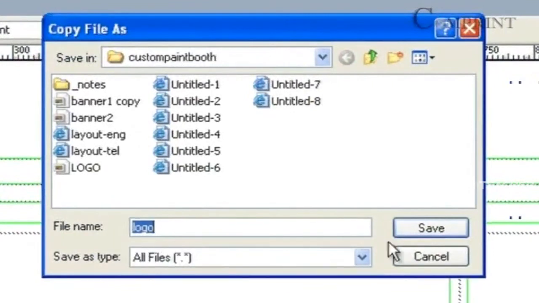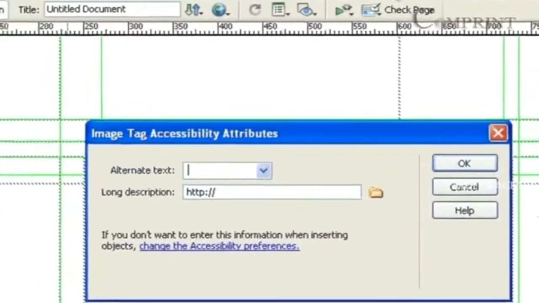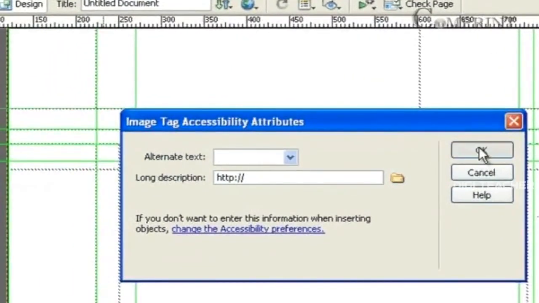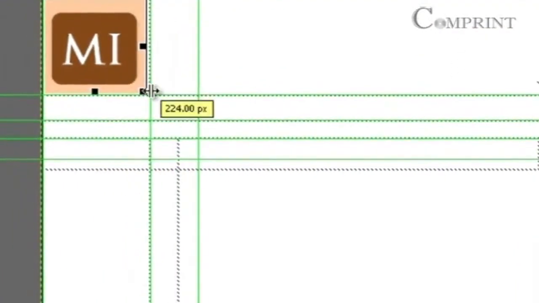Again confirm the name and click on Save. Now this image file will be saved in the Custom Paint Booth folder. Click on OK. So now we will be able to see the image file inserted into the first cell.